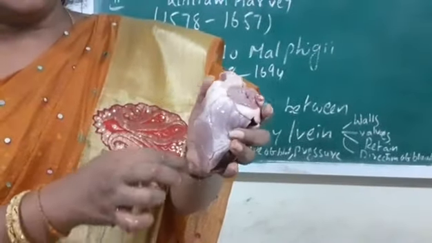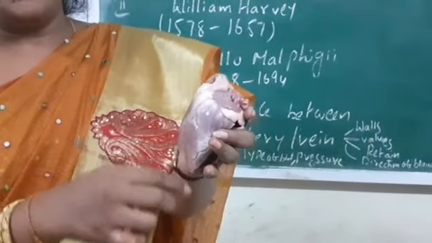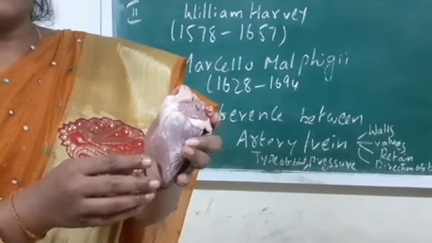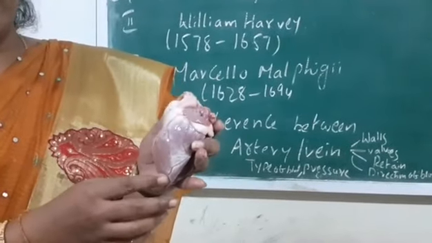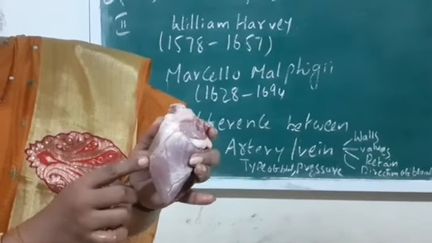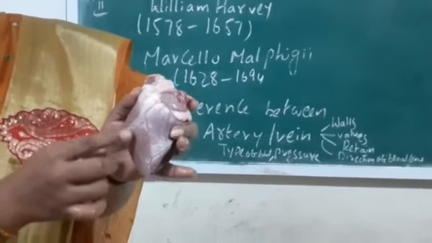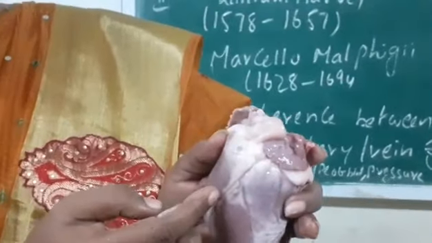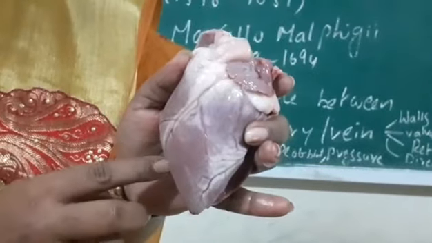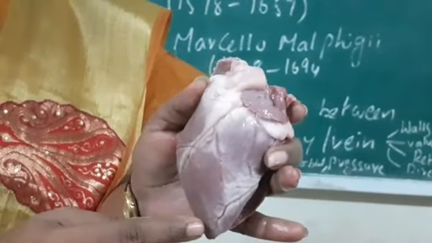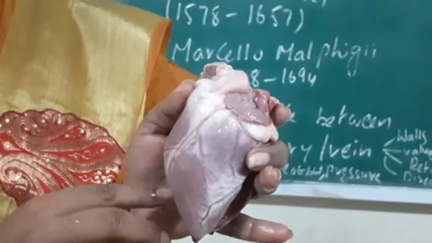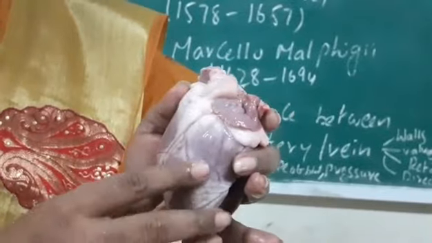The heart is protected by membranes called pericardial membranes. These pericardial membranes protect the heart from external shocks and injury, and are filled with pericardial fluid. On the top of the heart we observe 2 blood vessels. These red colored blood vessels are called coronary arteries, and these are called coronary veins. The coronary arteries supply blood to the walls of the heart to work continuously, and the veins remove the deoxygenated blood from the heart and open into the right auricle.